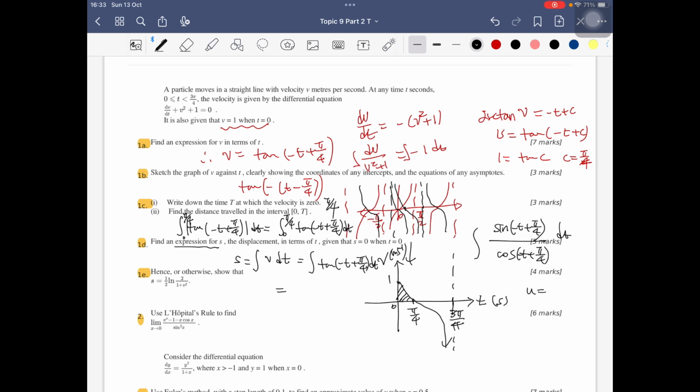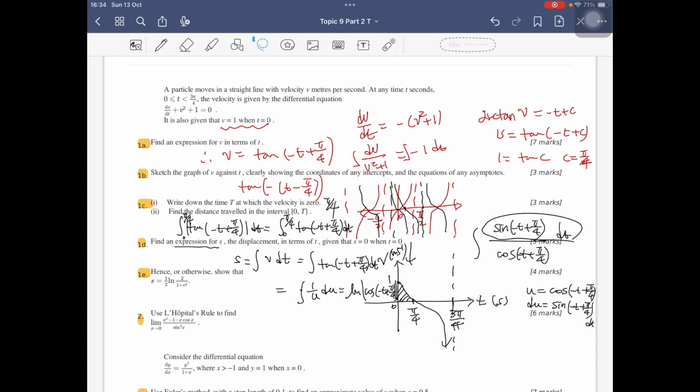Set u as the cosine, then du equals negative sine, but because of the chain rule, this is sine of negative t plus pi over 4 dt. So this is du, 1 over u du, so ln cos of negative t plus pi over 4